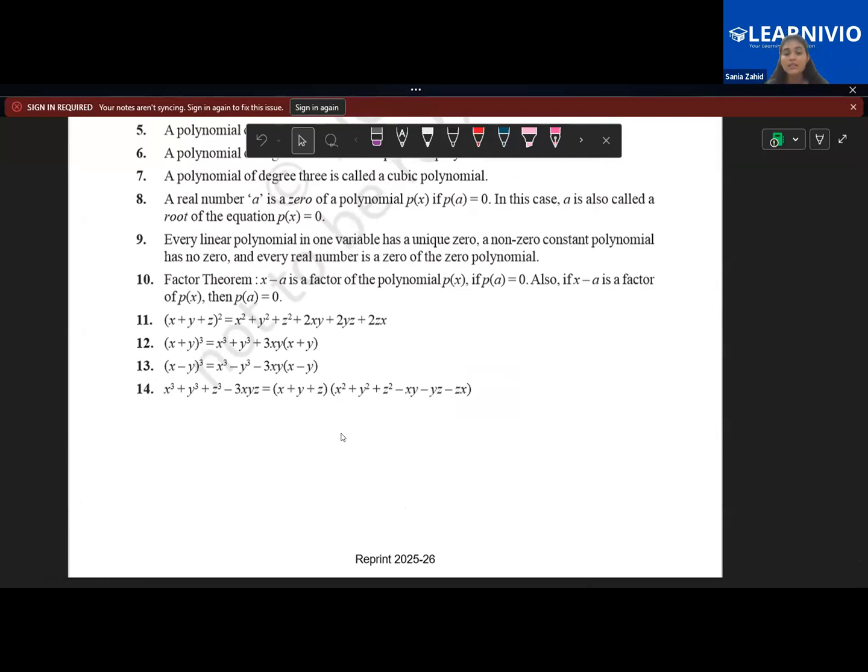That was identity. Then we have cube identities. So for cube identities, you will learn these three are the cubic identities. So a plus b whole cube is a cube plus b cube plus 3ab times a plus b. Then a minus b whole cube is a cube minus b cube minus 3ab times a minus b. So same thing, just the signs are reversed. Then a cube plus b cube plus c cube minus 3abc is equal to a plus b plus c times a square plus